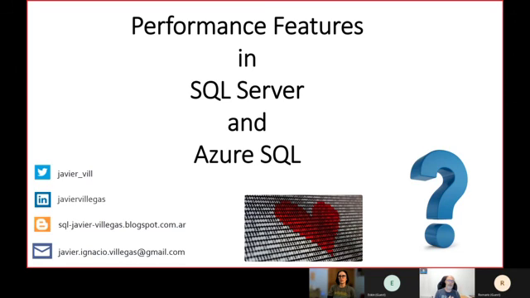For example, again with Query Store, you will have DOP feedback. If you run a piece of code and it detects that with a different degree of parallelism it's going to run better, it will set it for you automatically without you doing anything. Oh, nice. Okay, that's nice.